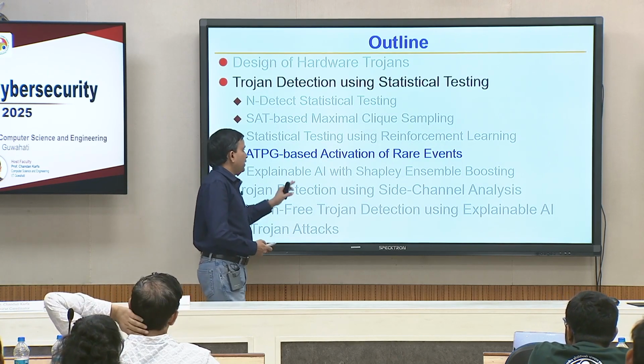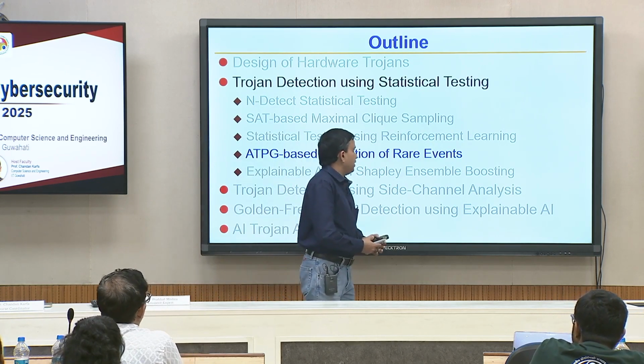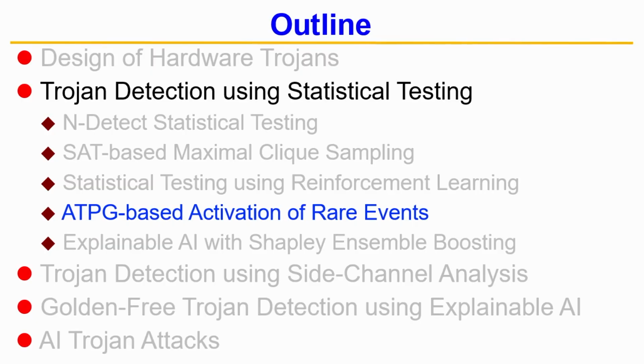Now I am going to move to another domain, again ATPG. The idea I already talked about, controllability and observability, I am going to make use of it. ATPG stands for automatic test pattern generation, and the idea originated in the manufacturing testing domain. I briefly talked about manufacturing testing, but just to recap, when you do the fabrication,